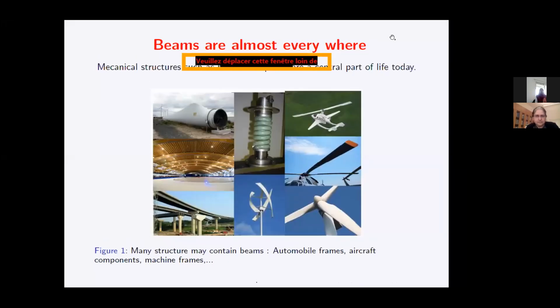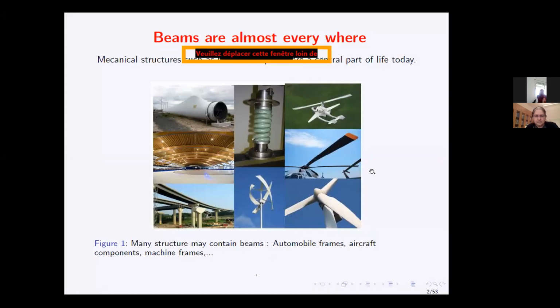So to start as a motivation, let me say that mechanical structures such as beams and flats are a central part of our life today, almost everywhere. So as you can see in the picture, many structures may contain beams, such as automobile frames, aircraft components, machine